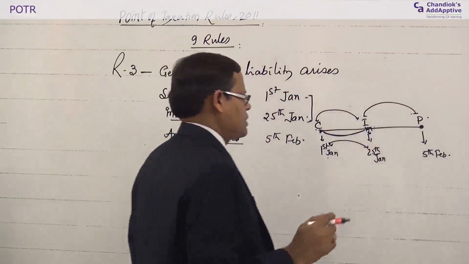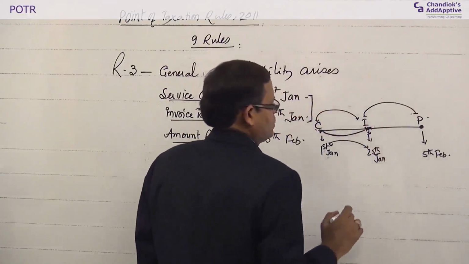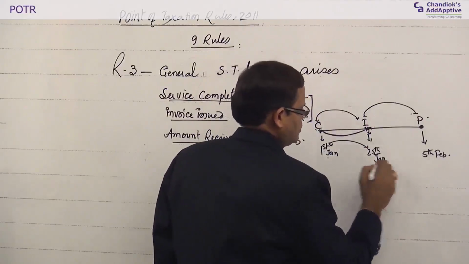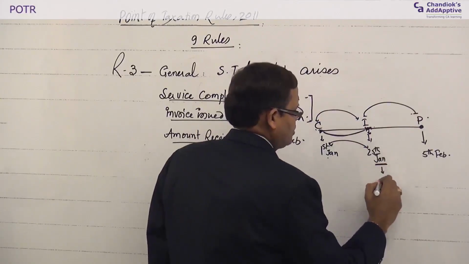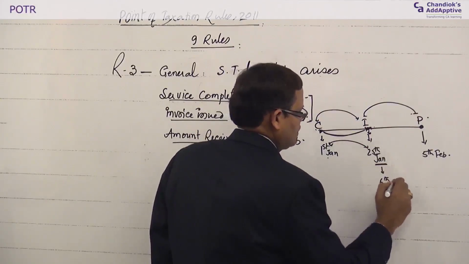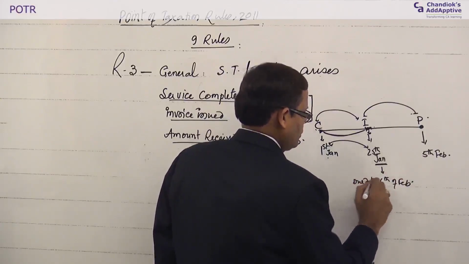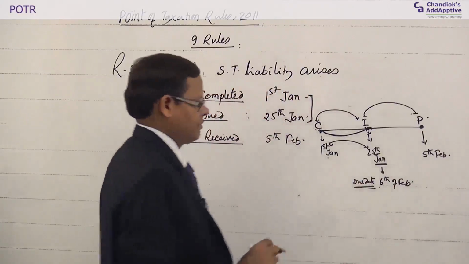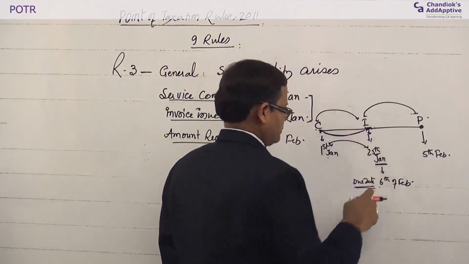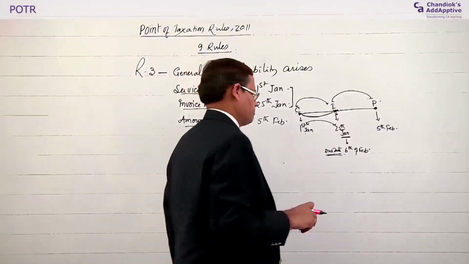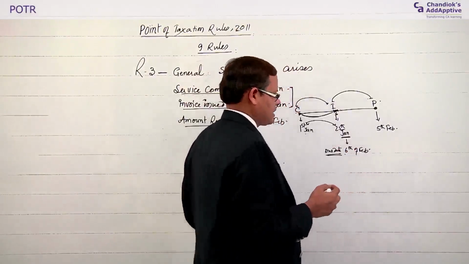Let us assume that you are a company paying monthly, for easy understanding. On 25th January, tax liability arose. So for the liability of January, you have to discharge by the 6th of next month, that is February. This is the due date. If you fail to make payment on this due date, you are liable to pay with interest, and there may be penalty also. Under service tax, the penalty is somewhat severe.